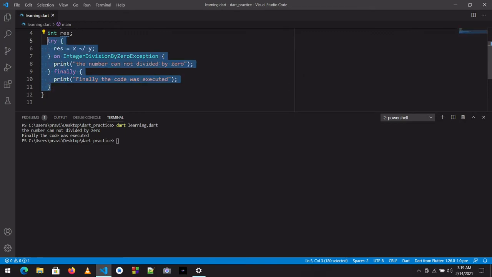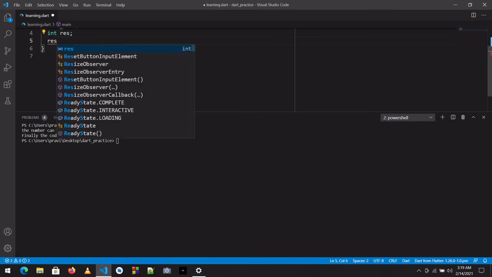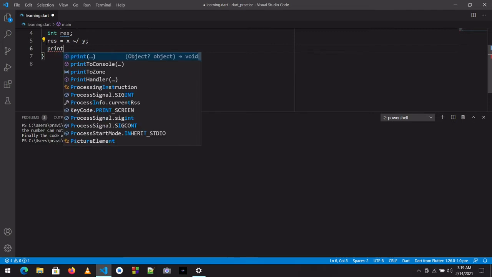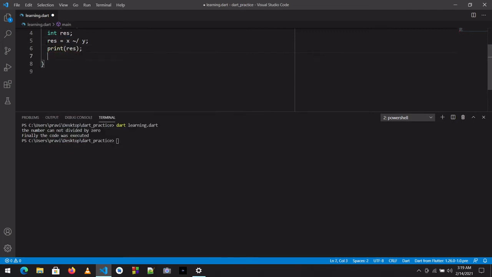Which was not possible when we wrote this, result equal to x divided by y. After printing this result, if we had written another print statement, let's see what happens.